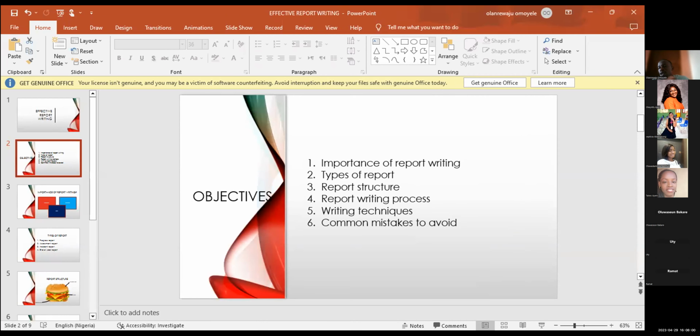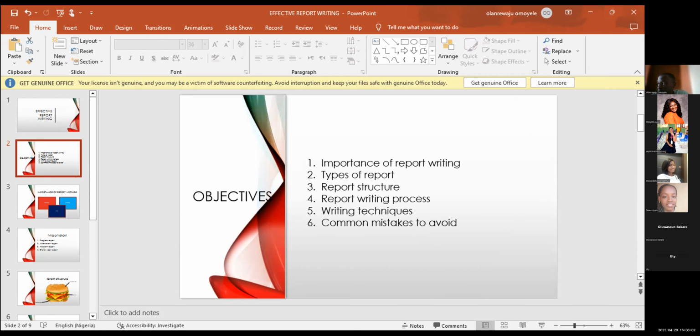So we're looking at importance to the parents. Why is it important for a parent to get reports? Or why is it important for us to write reports to a parent? Why is it important for the school to get reports? That's the part of report writing to the school, excuse me. Then the importance of report writing to you as the teacher. We're going to also break that into 3 parts and look at those parts.